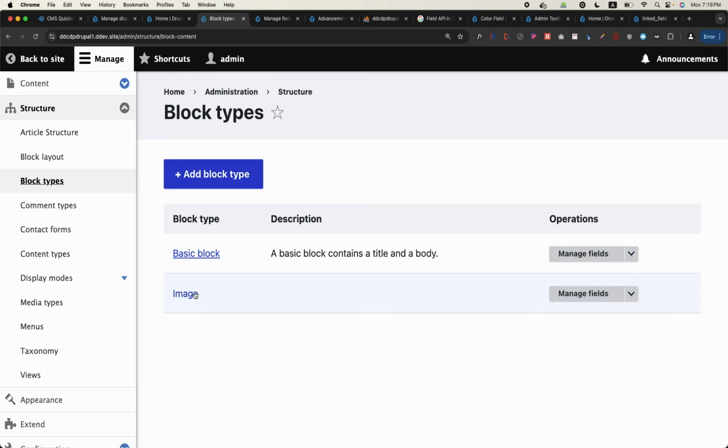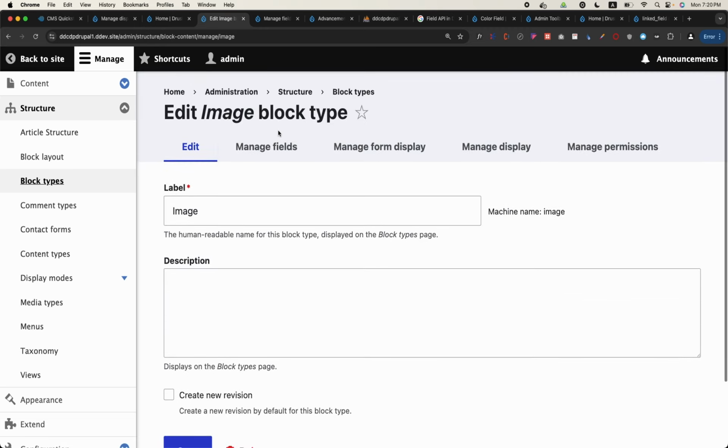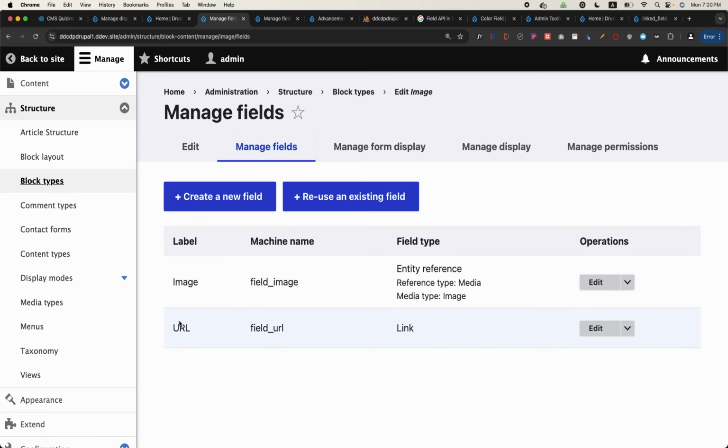But I already have it, and it has two fields. The fields won't change. It will have the same image and URL field, right? So if I have to create another type just for this purpose, that the link should be shown, this is not good structure as far as Drupal standards are concerned. So what we need is a way to differentiate the output of a particular entity. If we have separate fields, more fields, then it makes sense to create a new type. But if the fields are the same and we just need to show them differently, in those scenarios we will go to manage display,